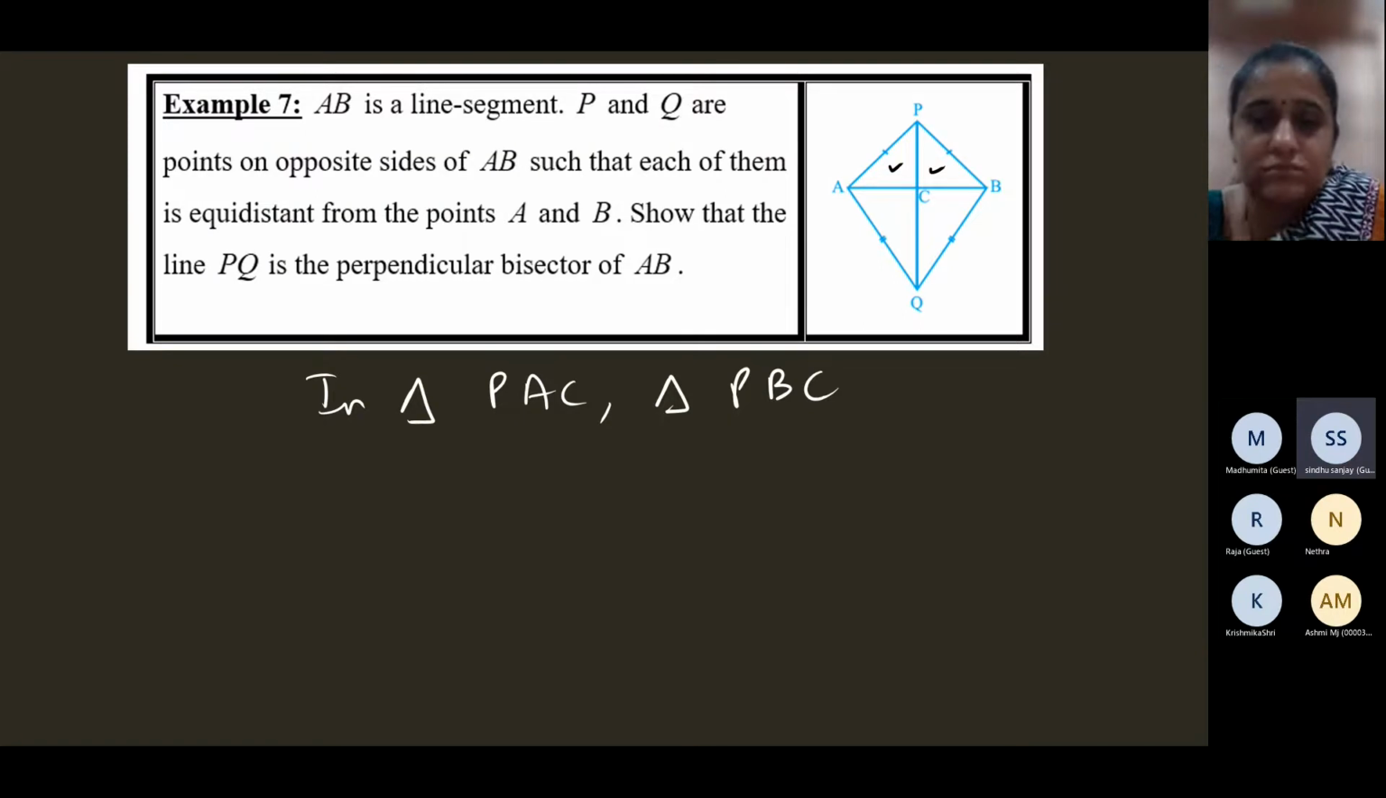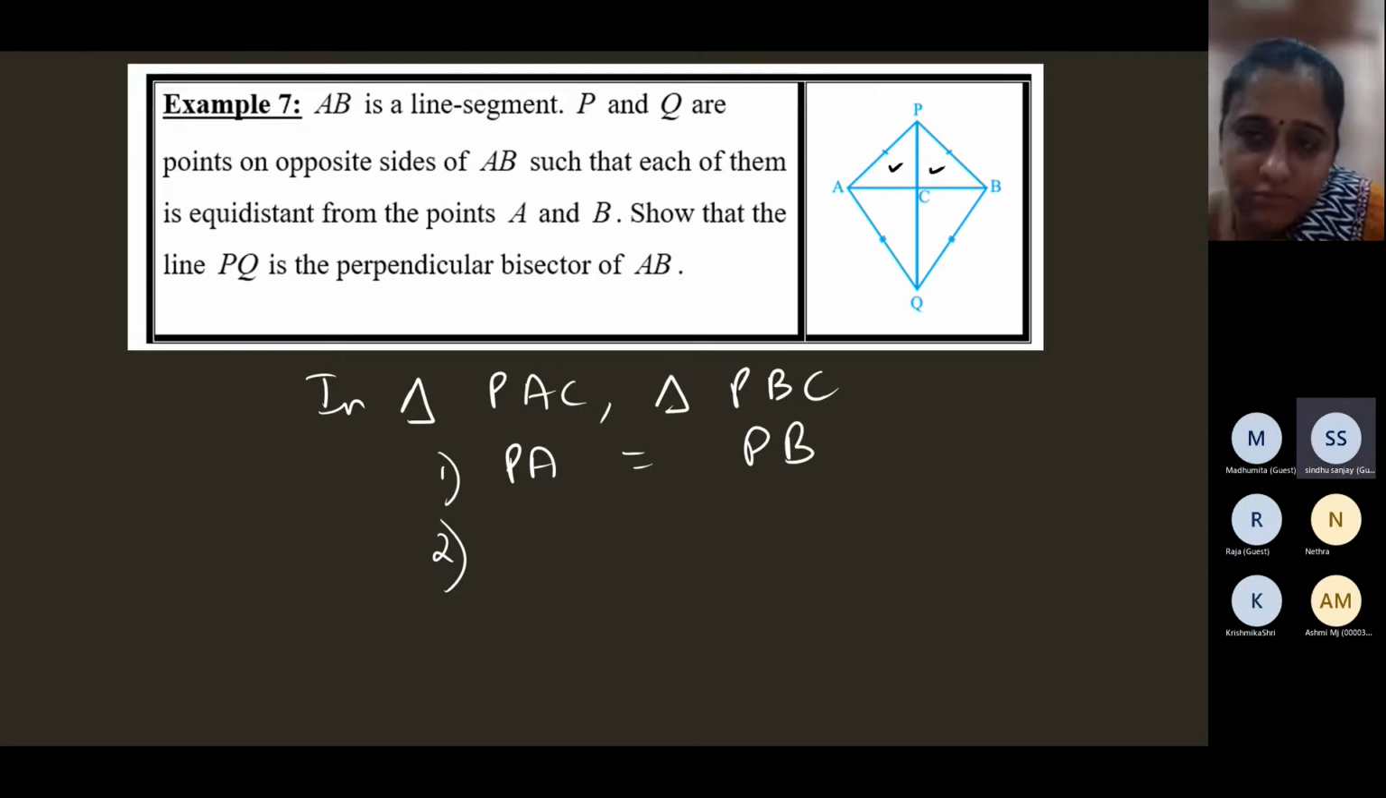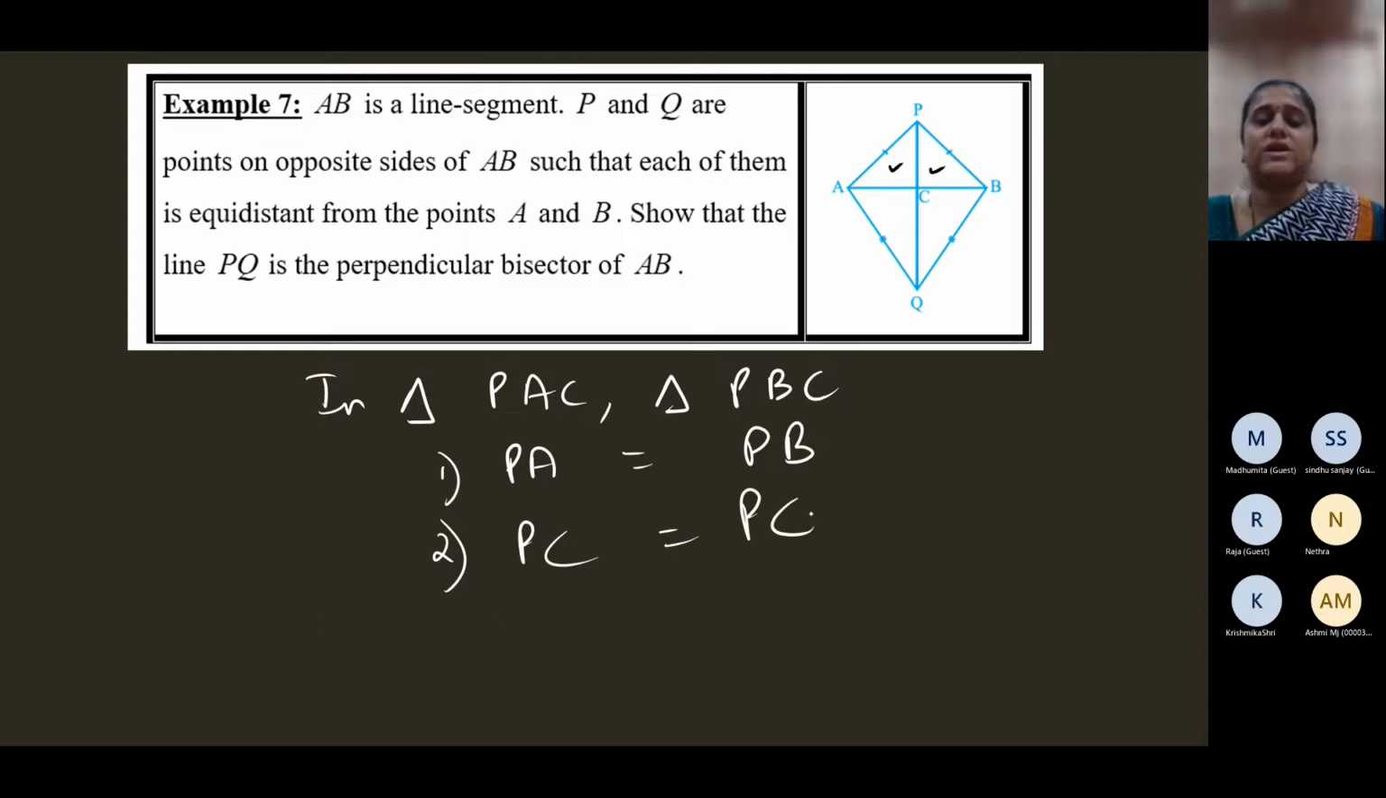Ma'am, PA is equal to PB. Yeah, PA of this triangle is equal to PB of this triangle. Correct, it's given. Then PC is common, ma'am. PC is the common side. Very good. PC is equal to PC. Then